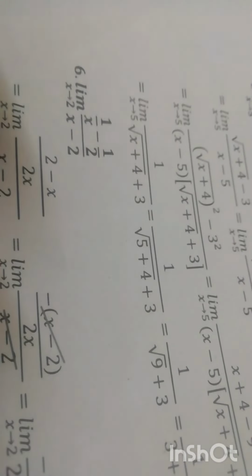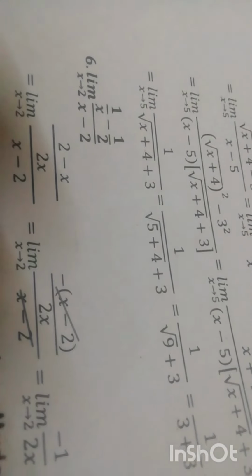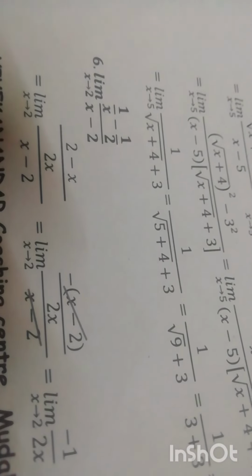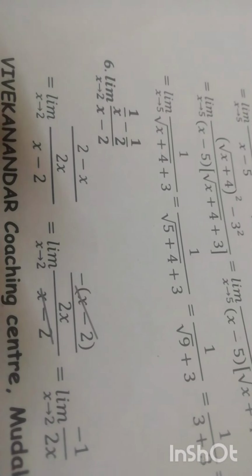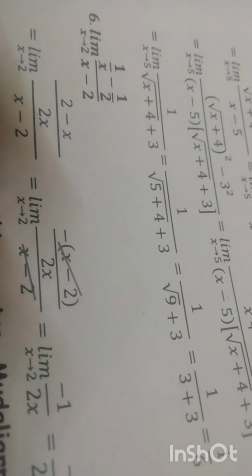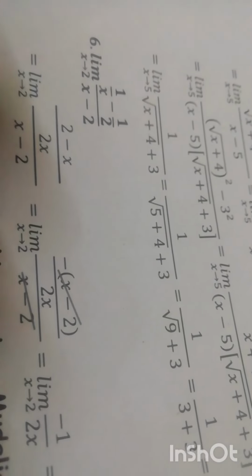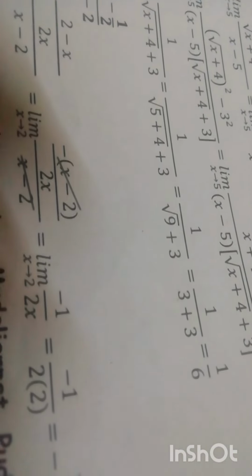What is the reason, you know? Sir, shall I put directly x equal to 2? It's wrong, sir. If you substitute x equal to 2 directly, we get the 0 by 0 form. Already I told you, 0 by 0 and infinity by infinity are not existing forms. So in this case we simplify first and then substitute. First of all you simplify and then substitute. So we get this answer.